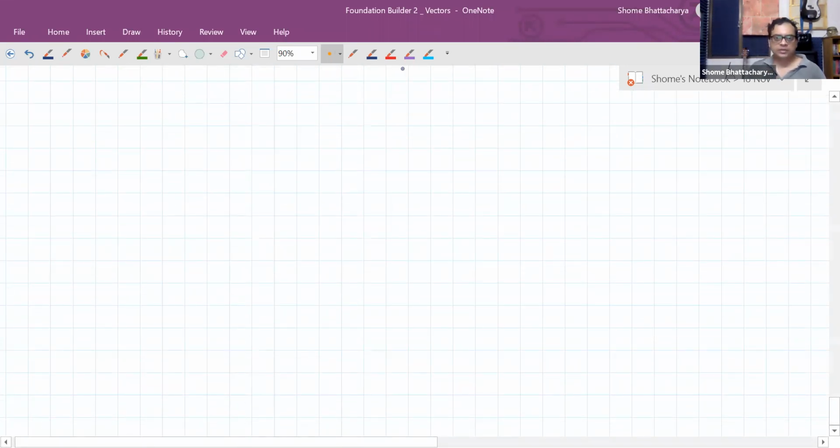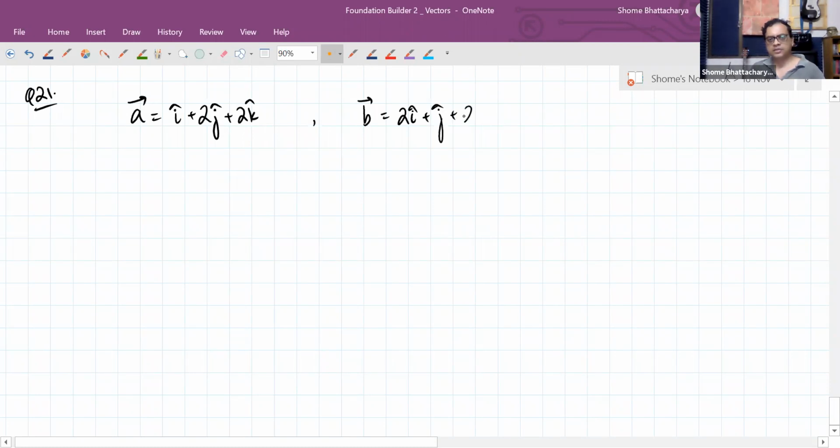Okay, let's come to question 21. It is a standard type of question about projection. So we need to discuss about that in detail. So vector A is given to us as i cap plus 2j cap plus 2k cap. Okay. Whereas vector B is given to us as 2i cap plus j cap plus 2k cap. And we are asked to find